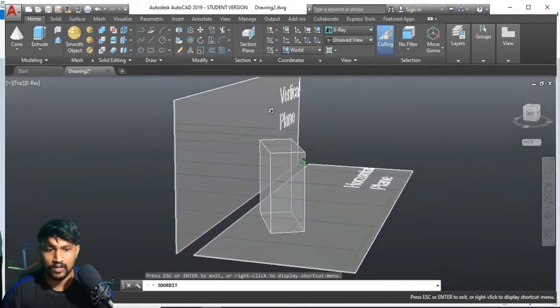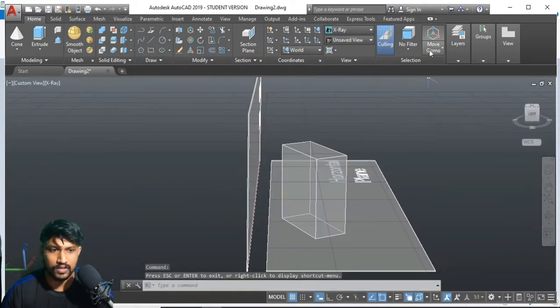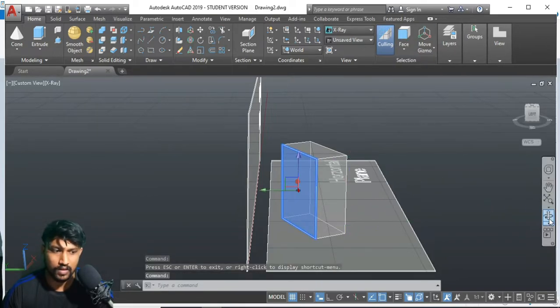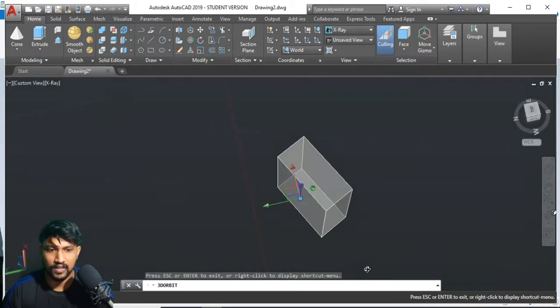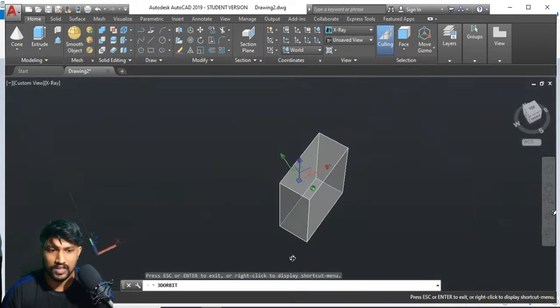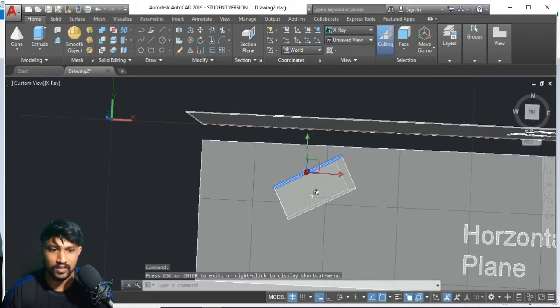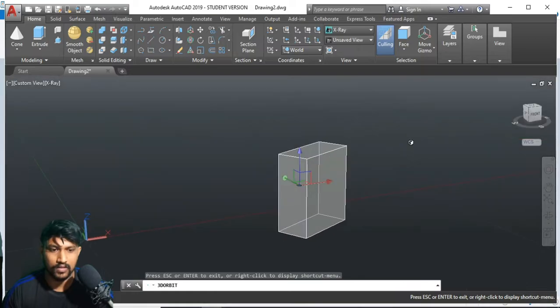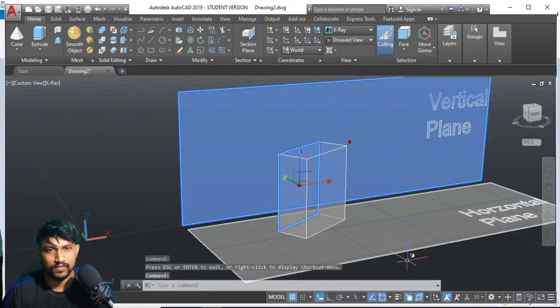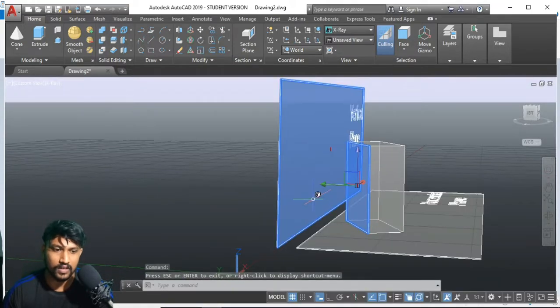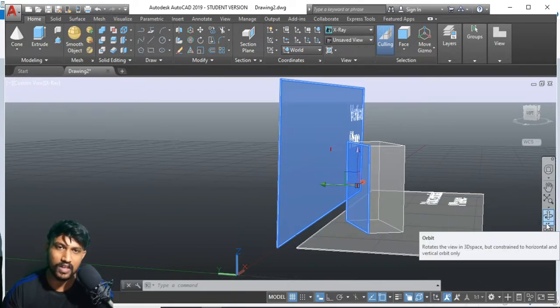Now see here, this face is now making 27 degrees of inclination with this face or the vertical plane. These two highlighted blue faces are now at an inclination of 27 degrees.